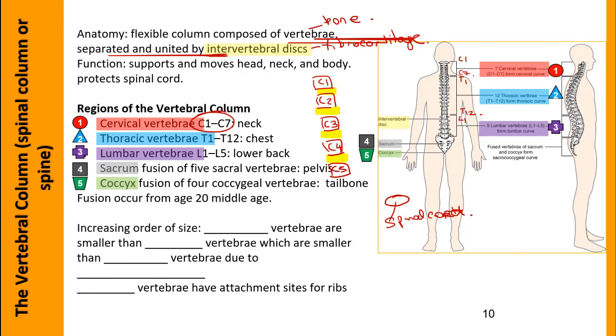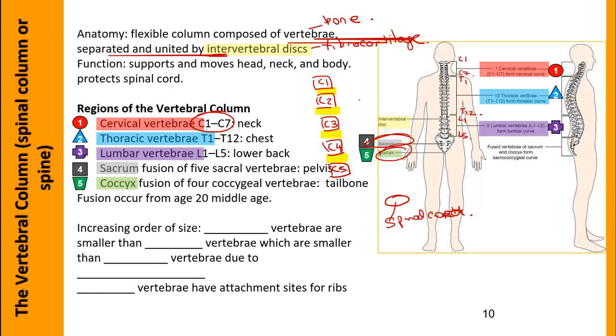L1 is the most superior out of the lumbar vertebrae. L5 is the most inferior. And then you've got the sacrum, which is fused as an adult. And then you've got the coccyx, or the tailbone, which is also fused as an adult. When you look over here,